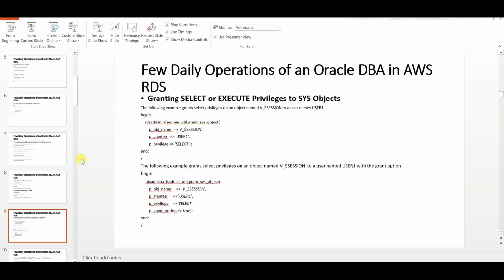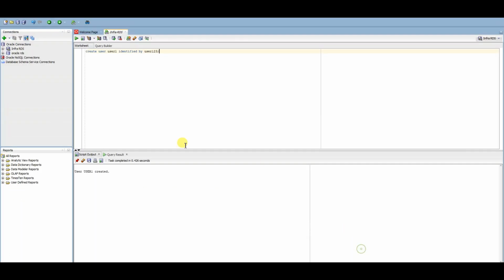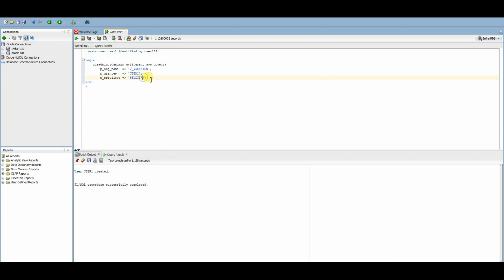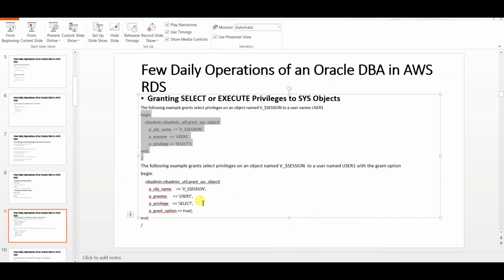So after which I need to give this privilege to my user1. So this privilege has been given, and along with this, let me give the privilege with grant option if you want.